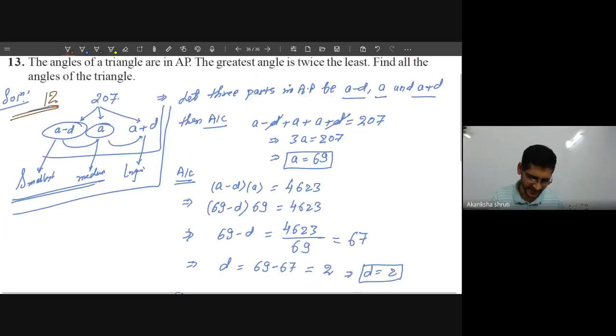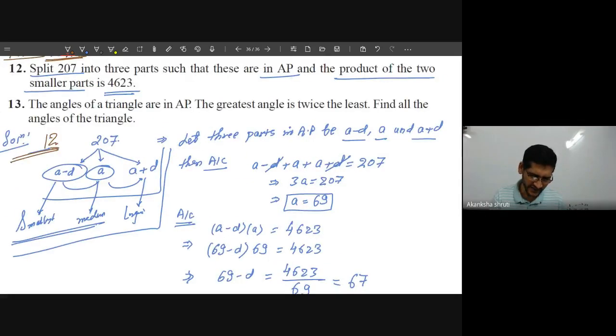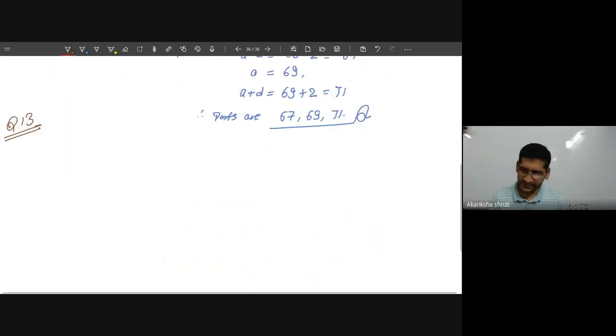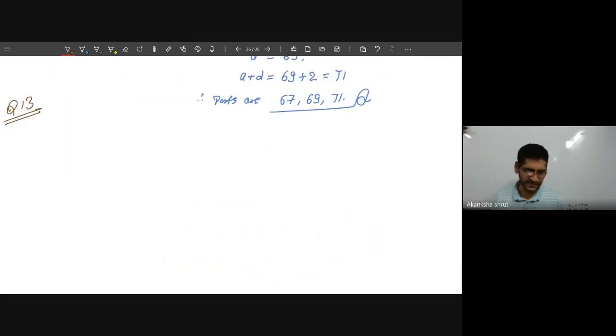Here it is given that a triangle you have to take, and these angles should be in AP, and the greatest angle is twice the least. Find all the angles. So very easy. Wherever a triangle is given, it means you have